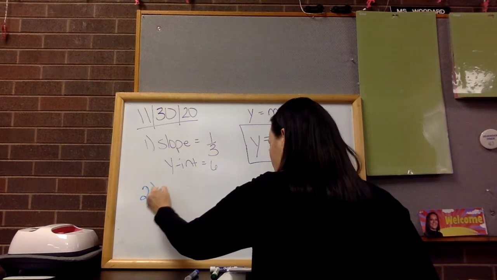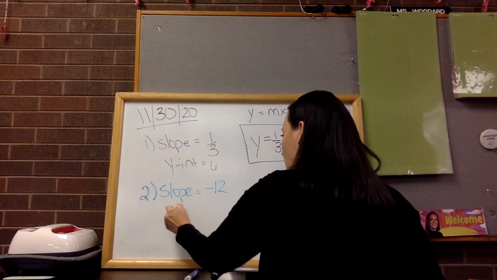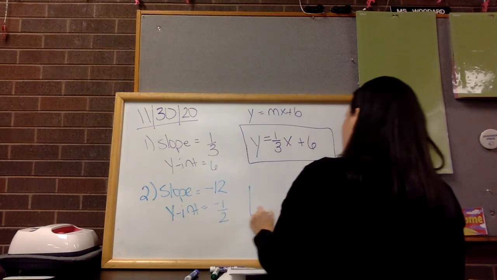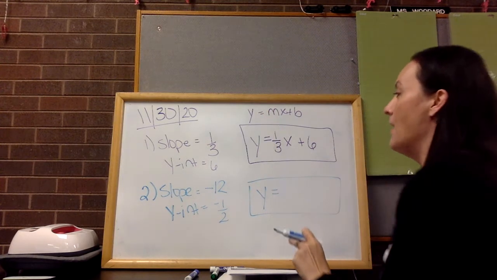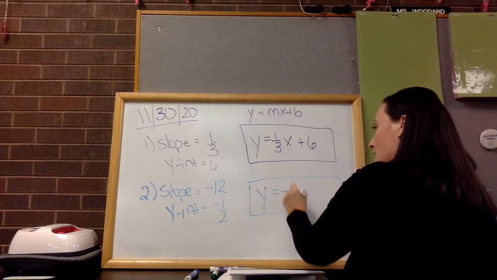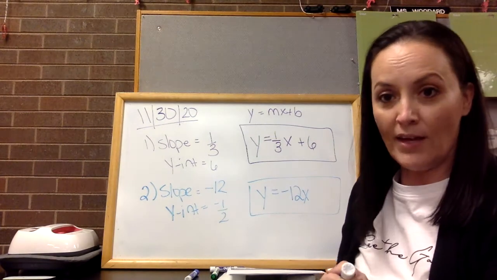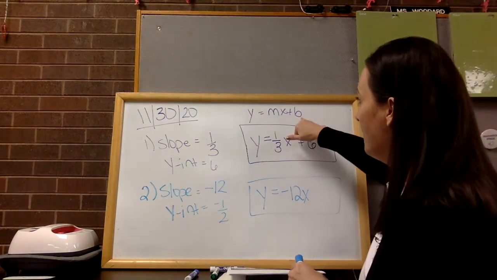Number 2, I'm going to add down here. We have a slope this time of -12. We have a y-intercept of -1/2. Now we're going to come over here. We have to write this. So remember, y equals every single time. For the m, you're going to put in that slope, and it doesn't matter if it's negative. It doesn't matter if it's positive. This one just happens to have a negative slope, but remember, lines have negative slopes. So this is going to be -12x, and then the b part